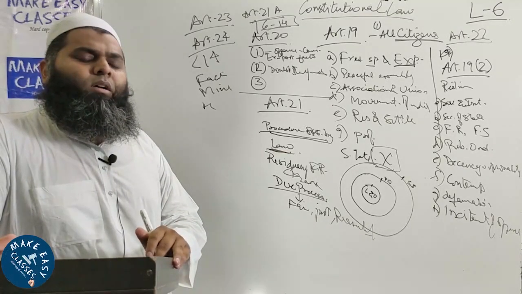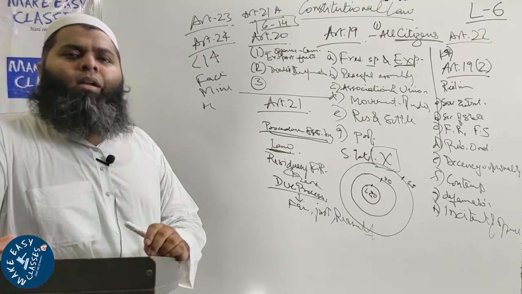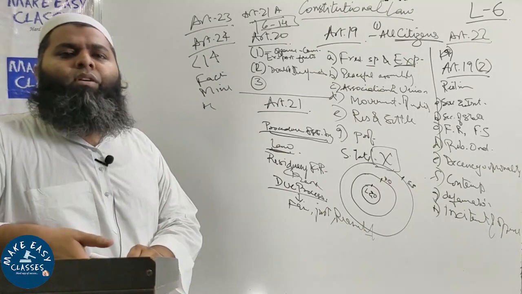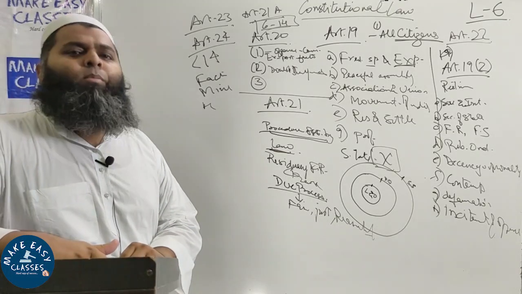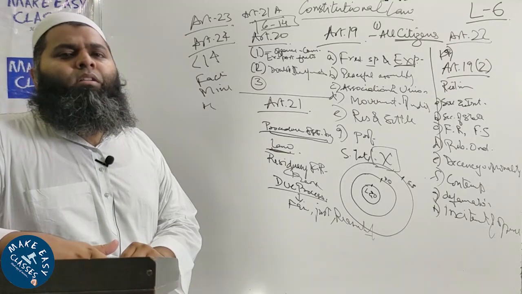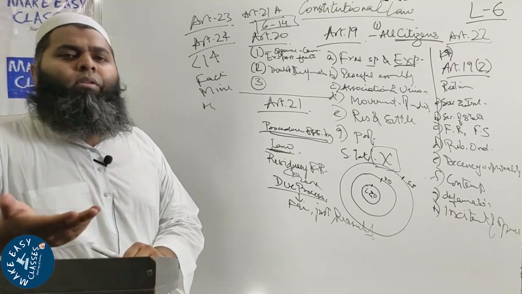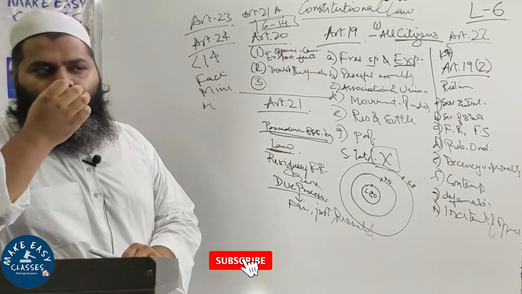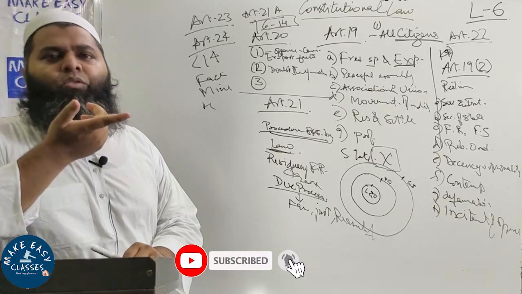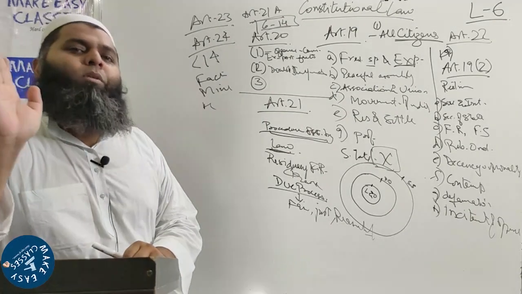So with this, we are left with a few articles from Article 25 onwards in the fundamental rights chapter. So in the next lecture probably we'll be covering this part of fundamental rights, and I think one more lecture it will take to complete the fundamental rights, and after that we'll start with directive principles of state policy. Thank you.